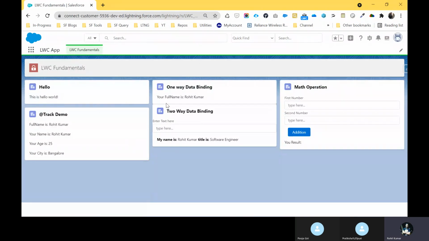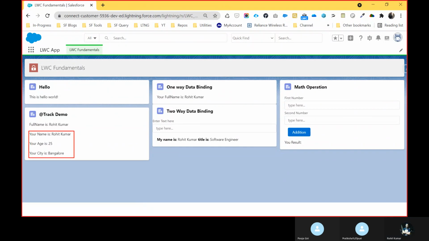Now just focus on three lines, the object value. Your name is Rohit Kumar, your age is 25, and your city is Bangalore. Right? Is it clear for you now? Pratiksha and Pooja? Yes, Rohit, clear.